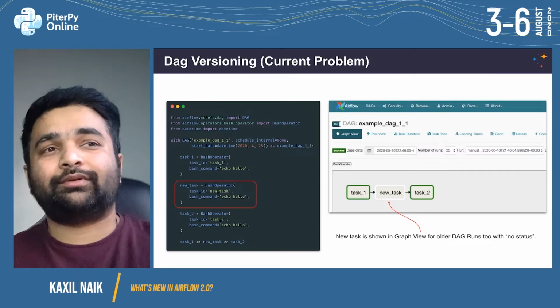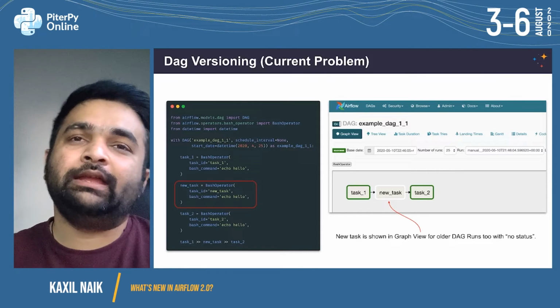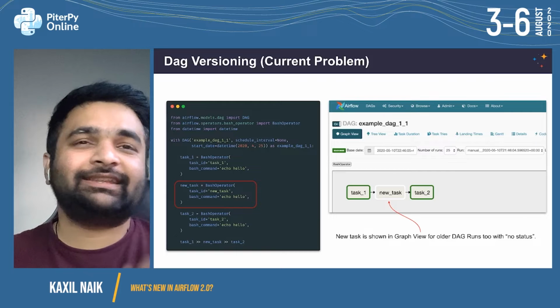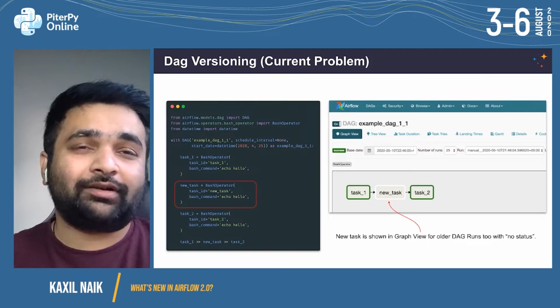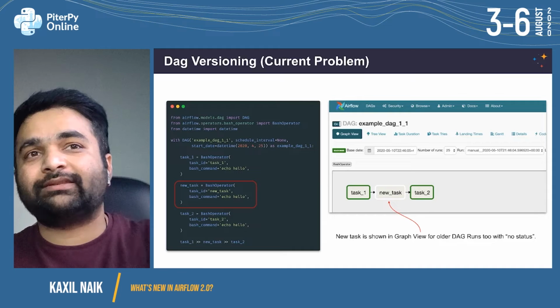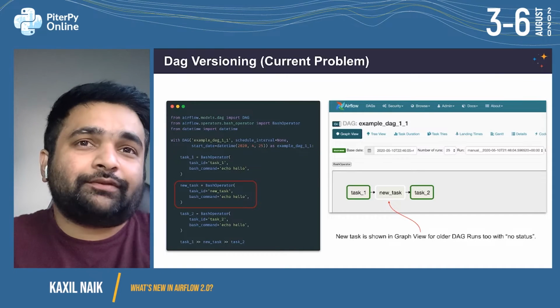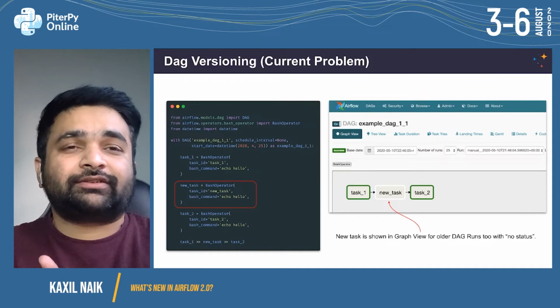while the new task was not present when the DAG ran on 10th May, this new task is still seen in the DAG structure, which is wrong. You should not see it. The task was not present when the DAG ran. But the graph view shows the DAG structure